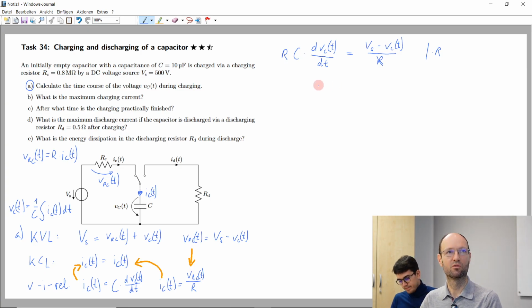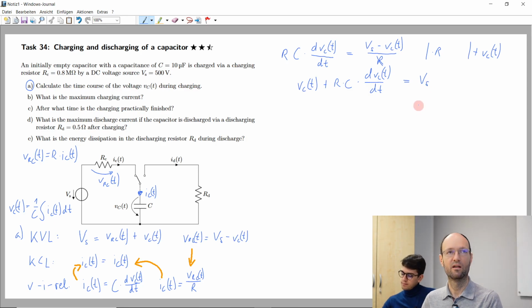So then this equation will look like this: I add this voltage, so it will cancel here and appear on the other side. So we have our voltage as a function of time plus R multiplied with C times the time derivative of this voltage. And on the other side we have the known source voltage. And so this is now called a differential equation, or an ordinary differential equation,